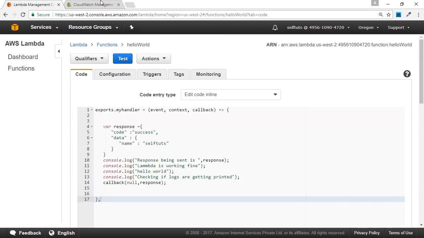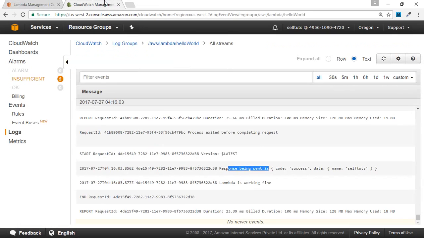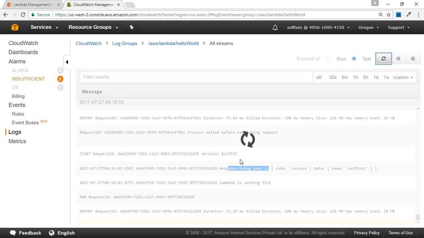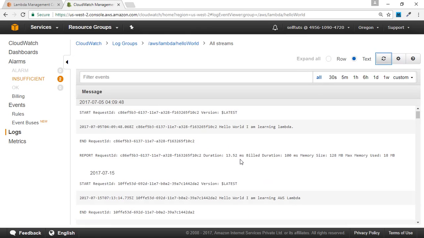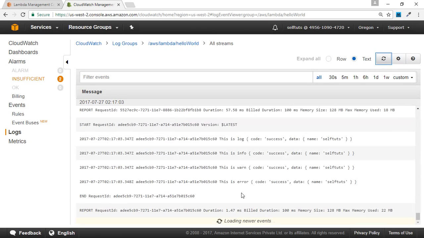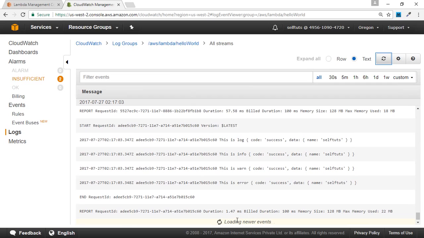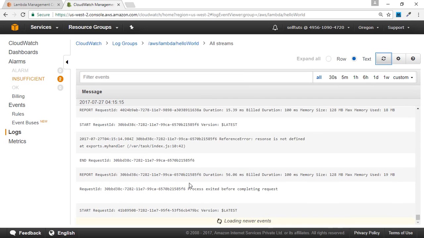So what it will do, it will again write those logs inside the CloudWatch. So this time we'll not open it again, we'll just go here and do a refresh. You can see if you go to the bottom, it is loading new events, and new events have been loaded.